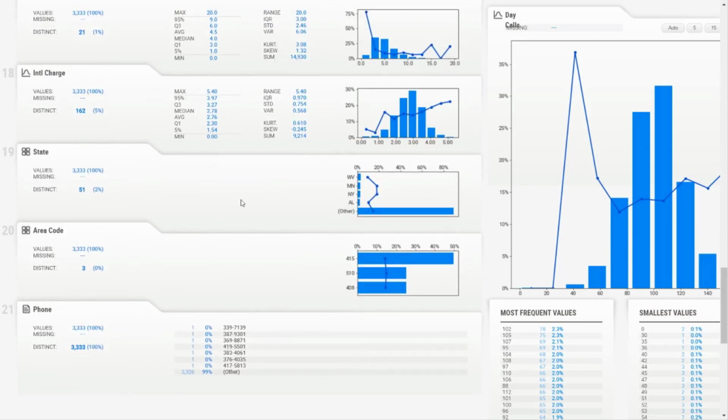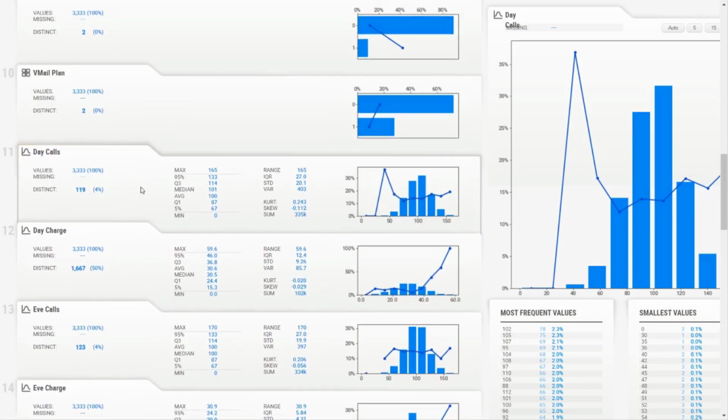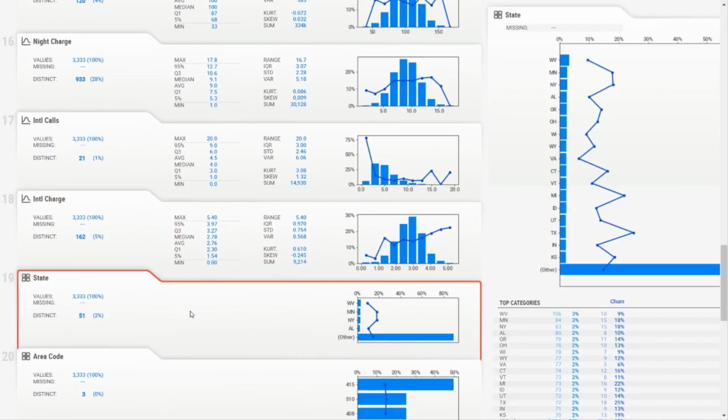And then let's look into the state. Okay, I have to click on the day call again, and I have to come to the state. So we can see that there are about 51 distinct values in the state, and this is again US states and not anywhere else.